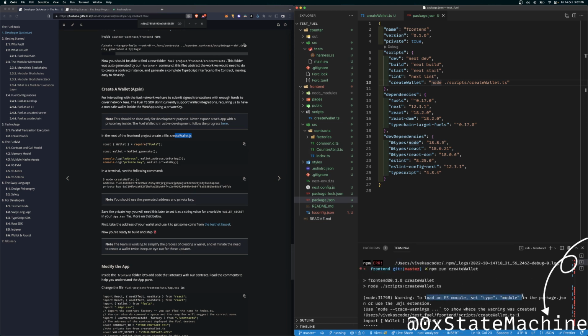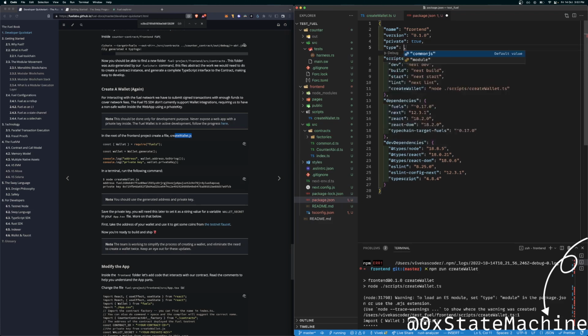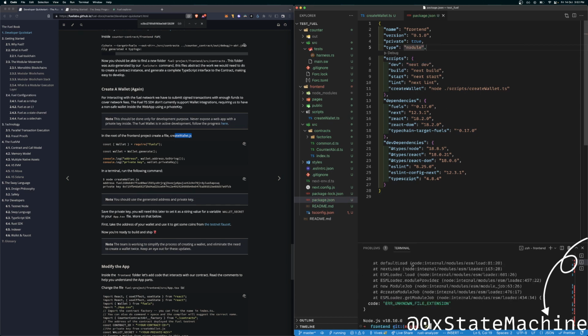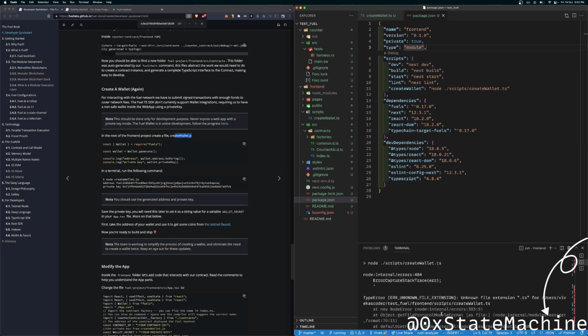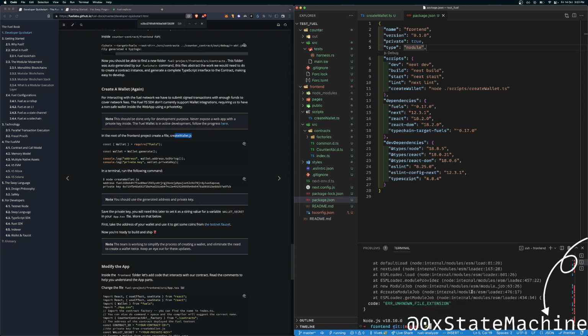Warning to load an ES module, type TS module. Right, now let's try this.